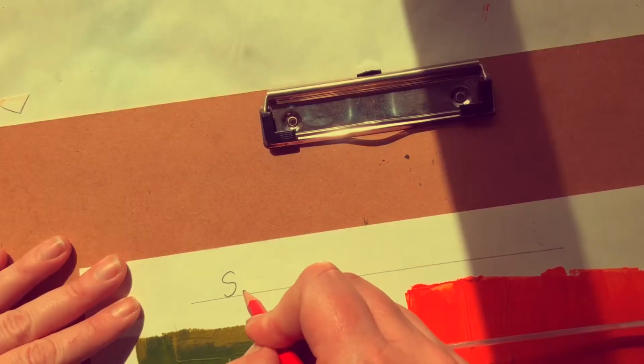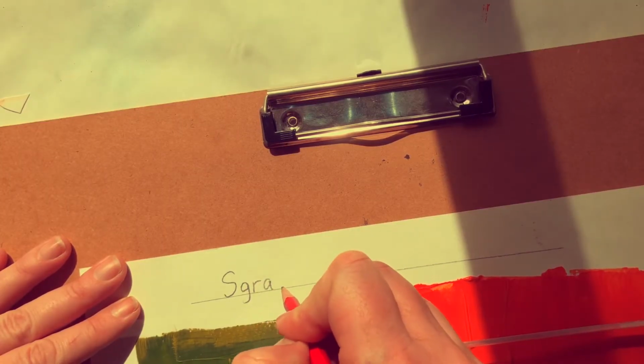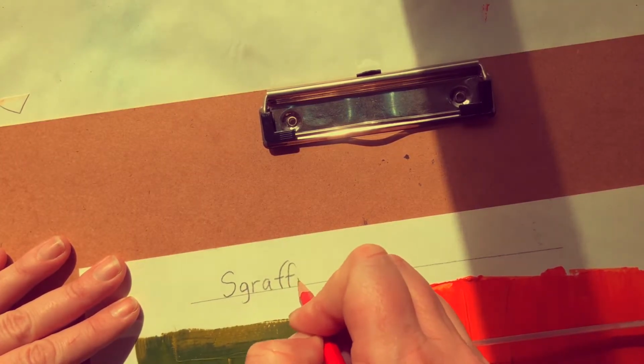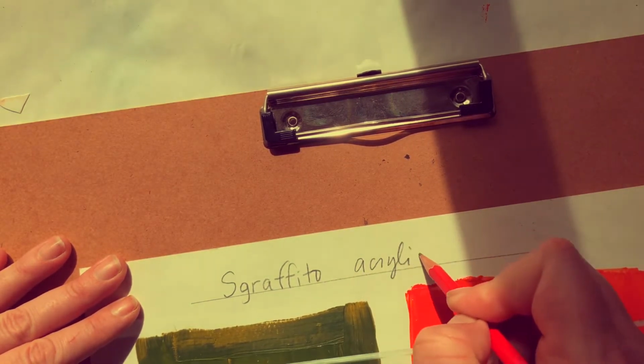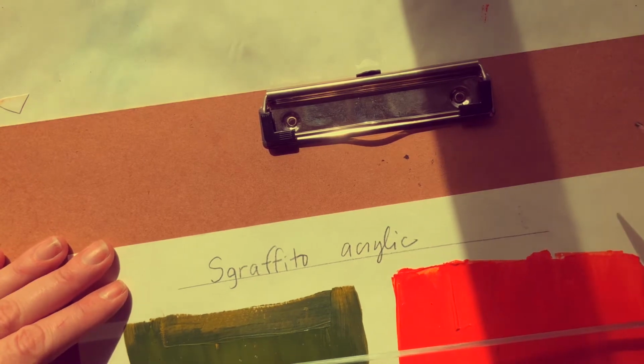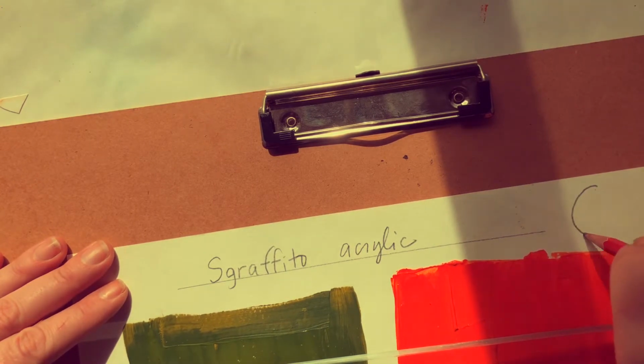Let's get painting with texture today. Let's try some Sgraffito, where you cut into wet paint to reveal what's underneath. Today I'll be using acrylic paint,